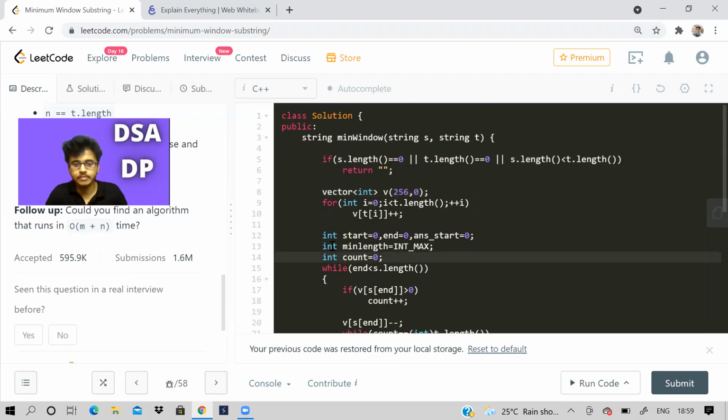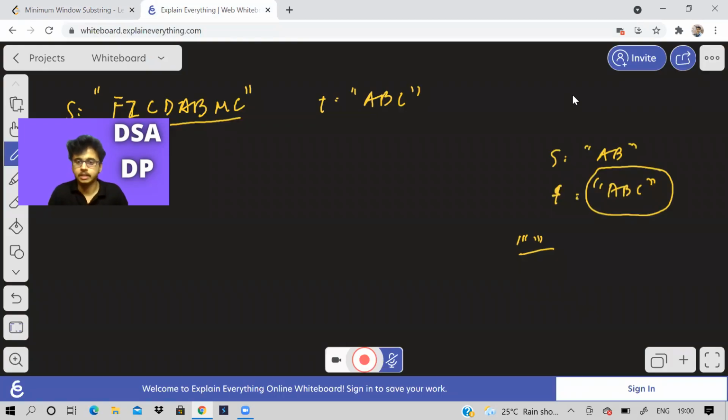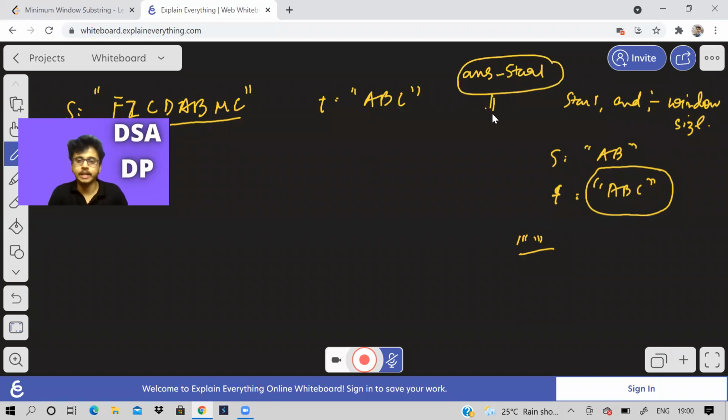Then I'm defining some variables: int start, int end, and answer start. So start and end, remember the start and end in the algorithm that I am telling, this is to check the window. This is for window size. And one more variable I have is called answer start. This is for finding out at which index my answer starts. Finally, I have an answer, right? For example, in this case,